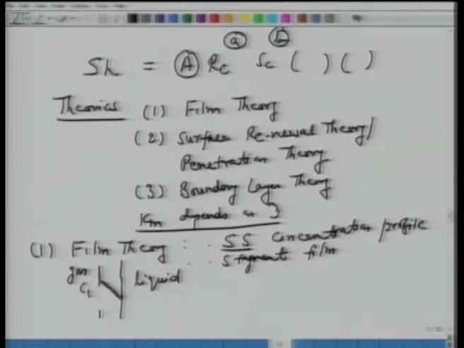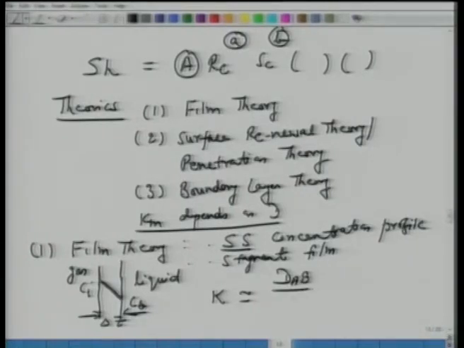So we have Ci here, and we have this C bulk or concentration at a very far distance. We have this diffusion length del Z. So the fluid is stagnant, the film is stagnant here, and we have a steady state concentration profile. In this case, one can show that the film theory predicts that mass transfer coefficient is approximately equal to DAB